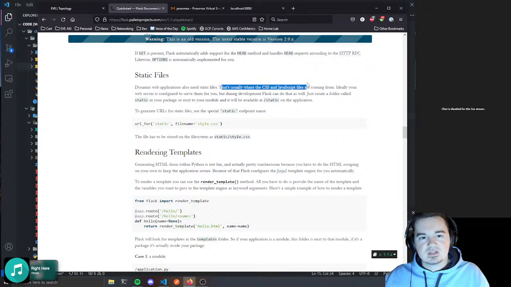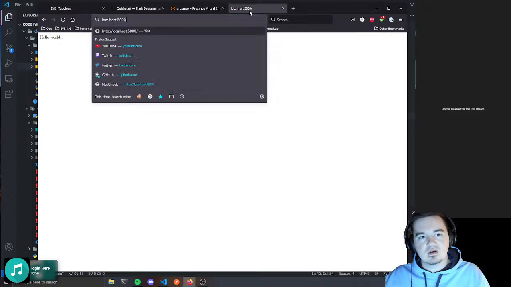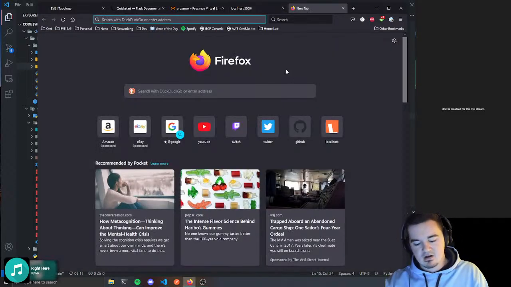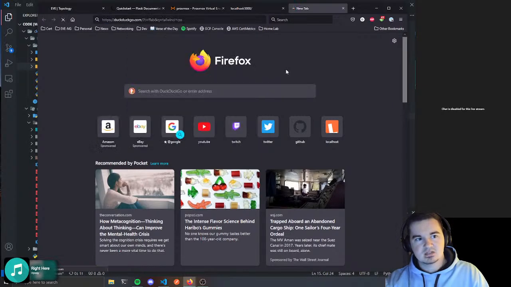So we'll put some CSS to generate URLs for static files. Use the special static endpoint name. All right, so what I like doing is using CSS that already exists. Bootstrap is my favorite, but I recently found Tailwind CSS,